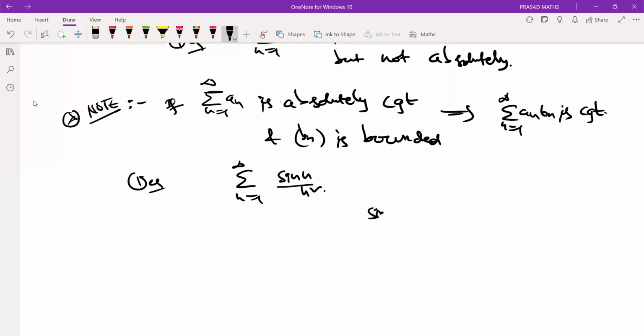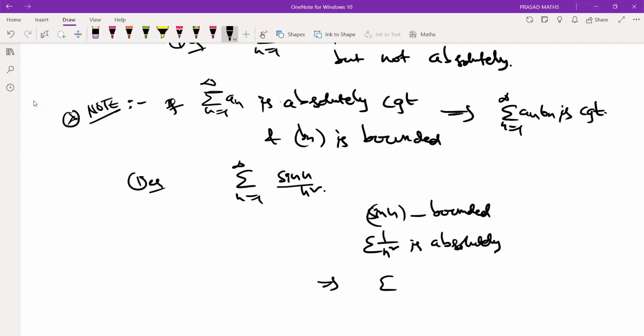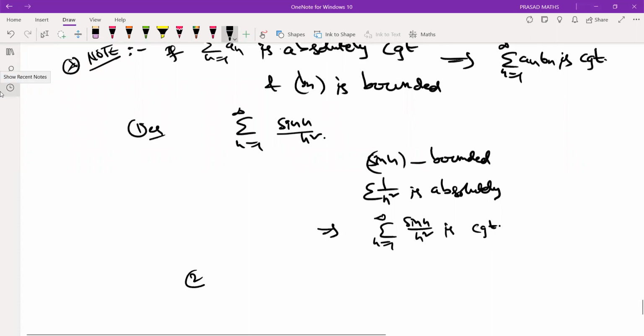Yes, because this is bounded and this is absolutely convergent. So by the theorem, by this notice, this series is convergent. In fact, this is absolutely convergent. Suppose you take the summation n equals 1 to infinity. You can take anything, of course, cos nx